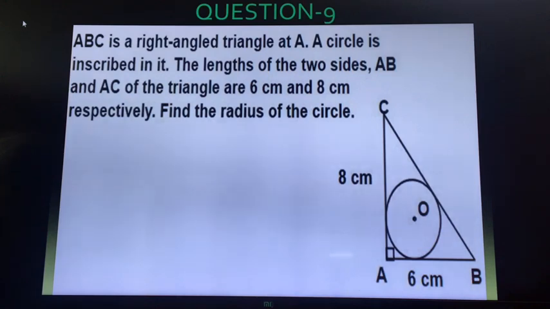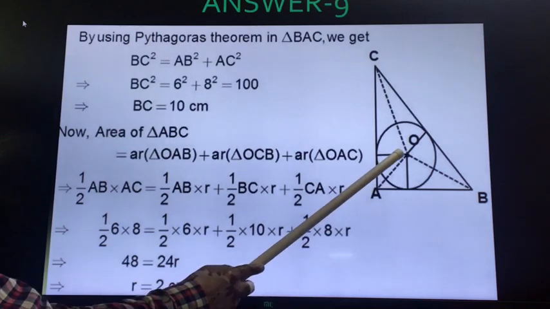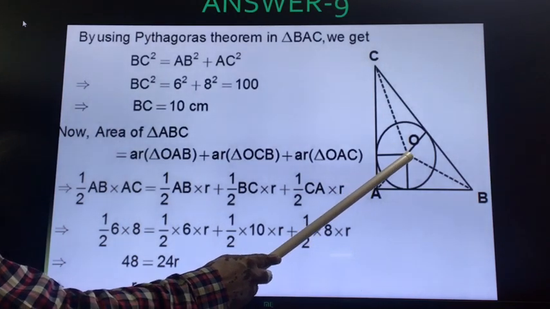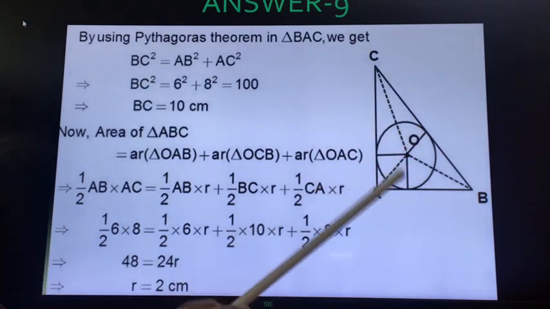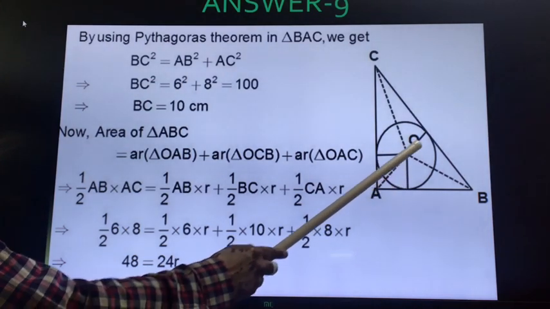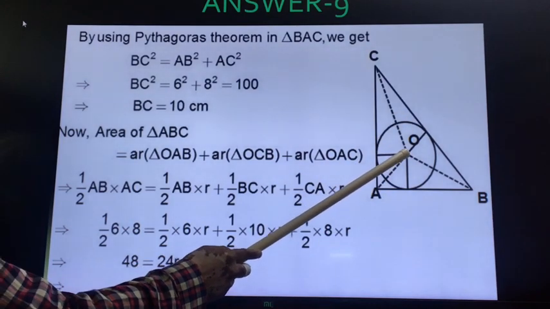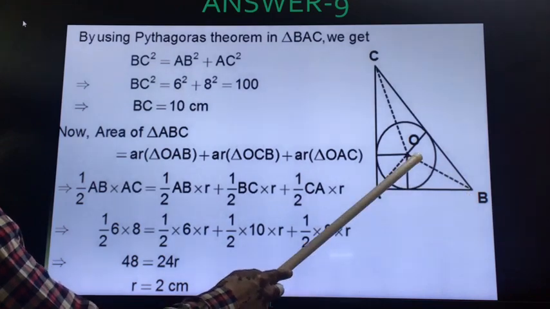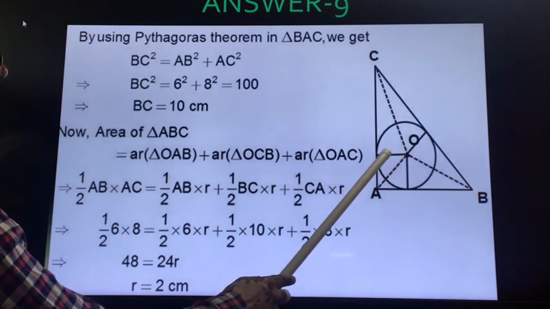So to do this, what is the method? Try to understand. It is also an important question. It is from the exercise. So in this case, first of all, we will draw perpendicular from the center on each side. After drawing the perpendiculars, each will show the radius. So let the radius of this circle be R. And after that, we will join the center O with A, with B and with C. After joining this, we will apply Pythagoras theorem.